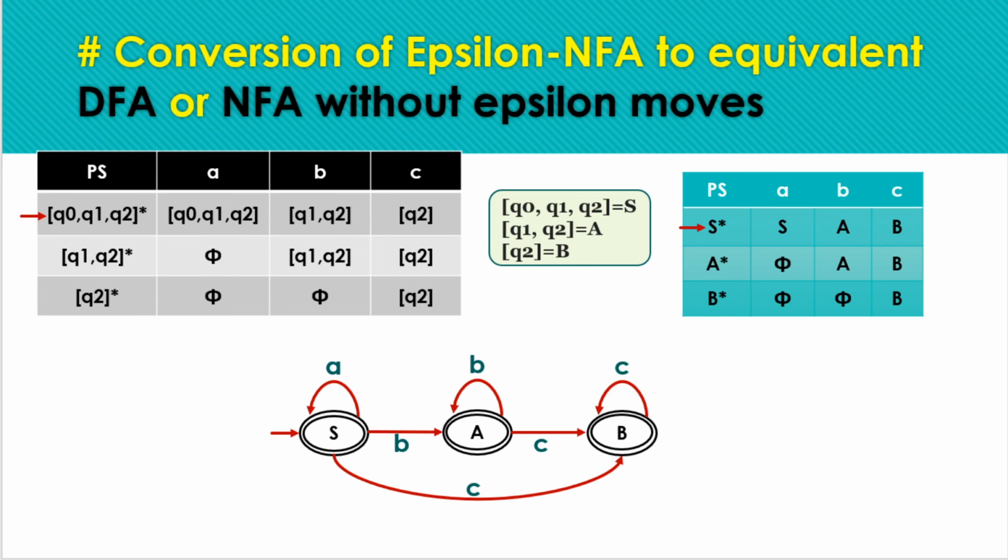You can also draw the transition diagram using the complete sets Q0, Q1, Q2, or you can use the shortened names S, A, B. This is up to you, how you construct the transition diagram, using abbreviated names or the detailed names. Either notation is okay. So this was the complete procedure to convert NFA with epsilon to DFA. Don't get confused, this is the same as NFA to DFA conversion, we are just taking the epsilon closure of the resulting states.